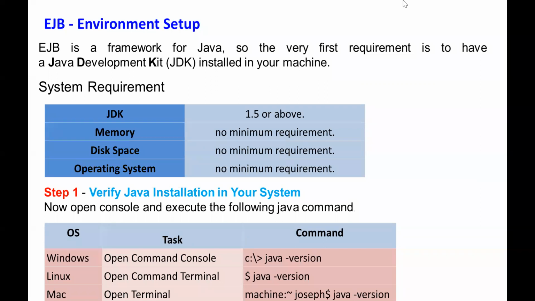the command, the prompt symbol and java you should write down. So in that case we can find out the Java in our system. So this is how to check using the operating systems Windows, Linux and Mac.